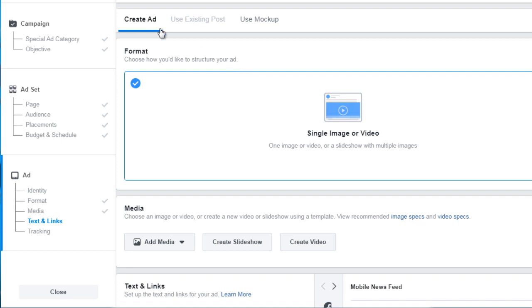Now, you can also create an ad just to test different images, separately from your post, by simply adding the images here, and then down here, adding the text and adding the links. Remember, because we are simply sending people to images with quotes on them, the text that you might want to add is something like this, like, hey,